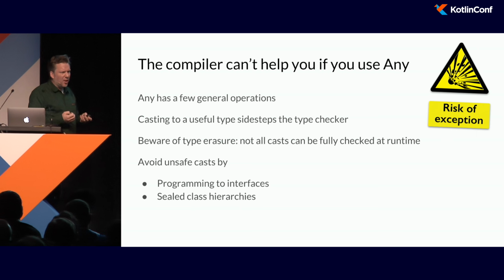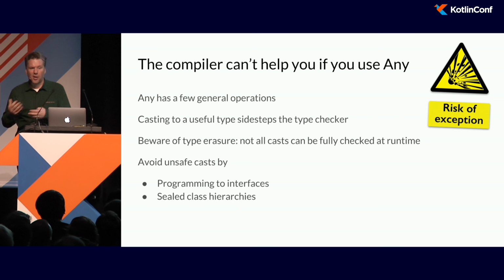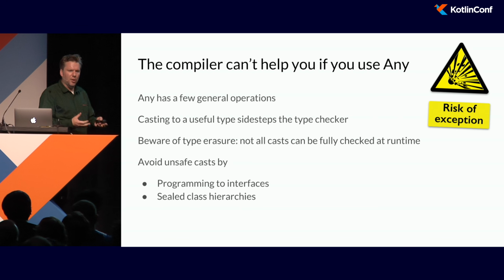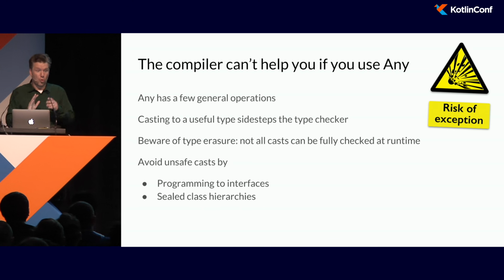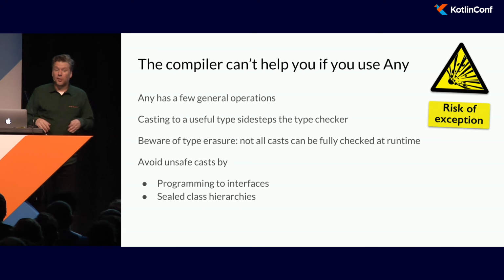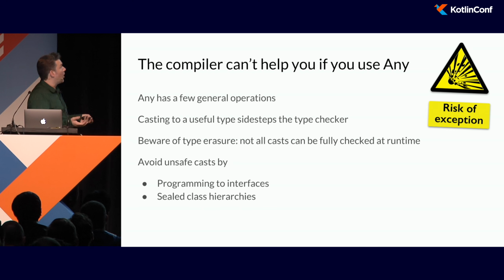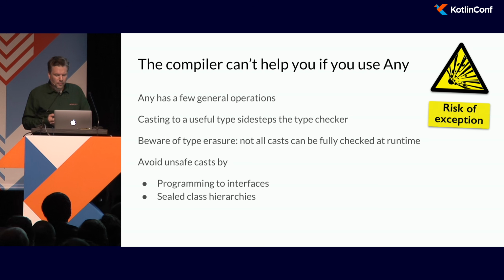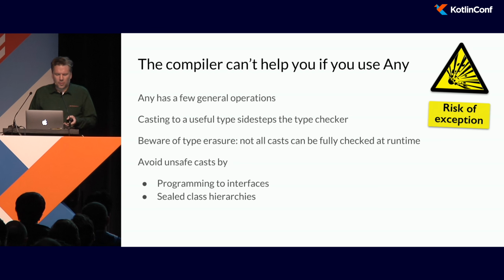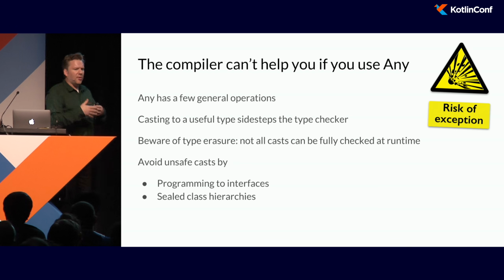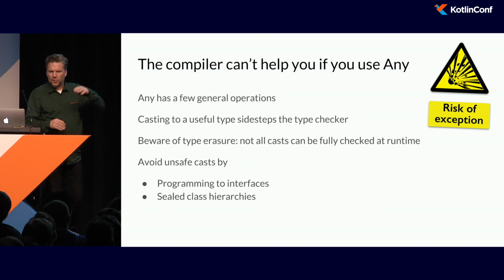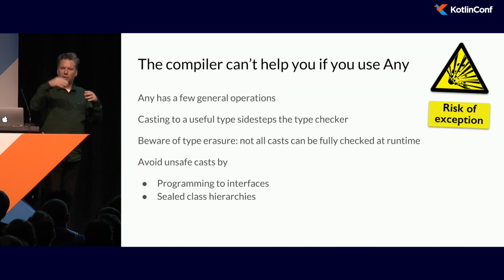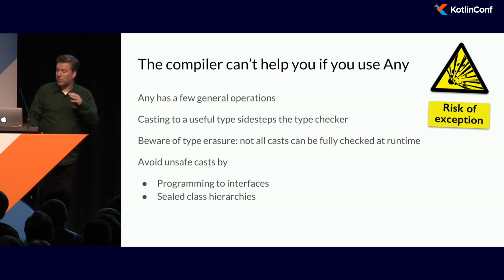And Any doesn't have any useful operations on it, really. So if you are passing around values of type Any, you're going to have to cast it to actually invoke any useful operations on it. And at that point, the compiler, most of the time, will not be able to help you check that cast. So it's up to you to get it right. It's a source of bugs. It won't check that the cast is correct, and it also won't check, if you're building a class hierarchy and adding subclasses, that casting from a superclass down to a subclass is going to cover all the cases.